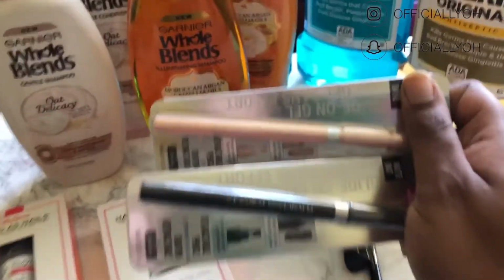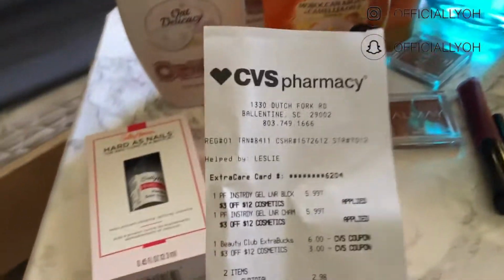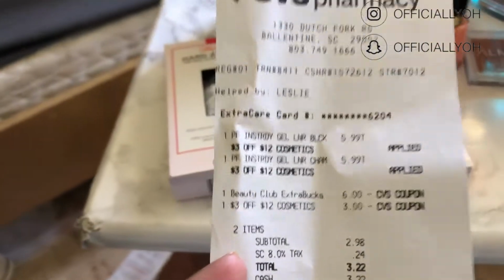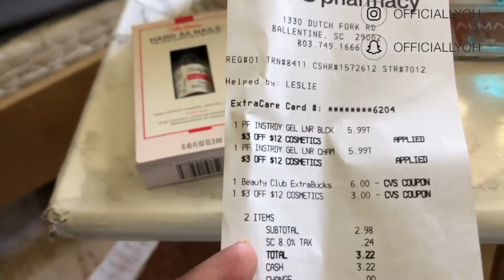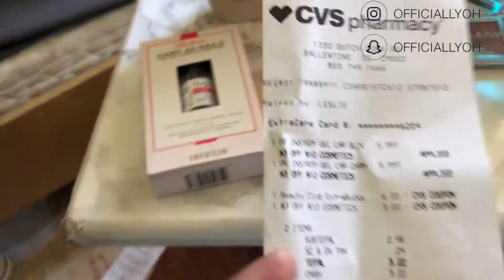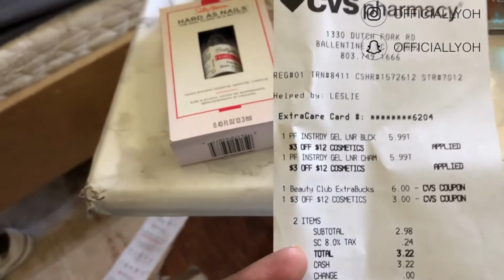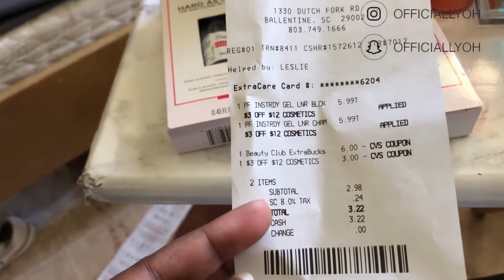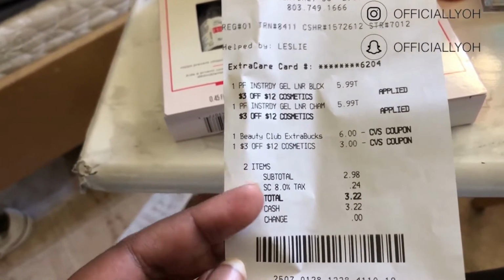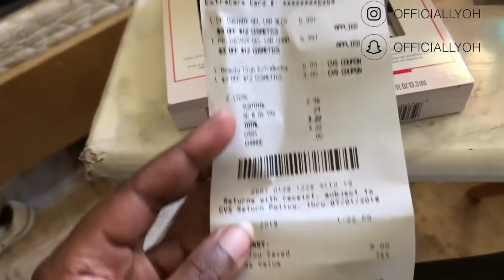All right, so this is my first transaction. Here, these are the two Physician Formula Glide On eyeliners, and I ended up having to pay $3.22 out of pocket, because my card is messed up. If I type my phone number in at the red box, the CITs that print off at the red box do not match my card, which is so weird. But it all has the same information on it, so I'm guessing that they just created two accounts. I don't know what the deal is, but I ended up paying $3.22 out of pocket because it would not take my other extra bucks. I did get $10 back in ECBs that I did use on